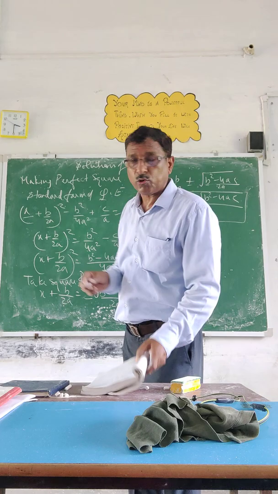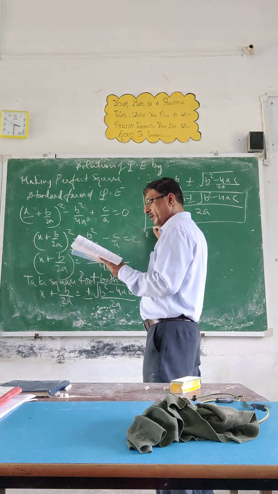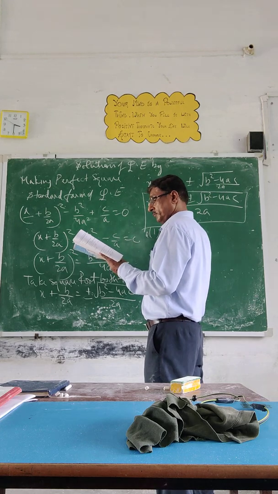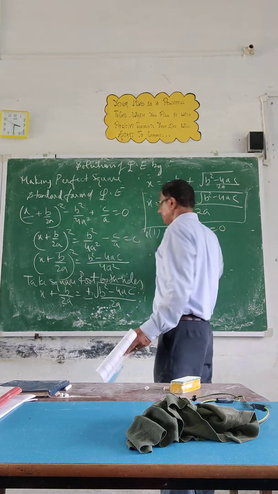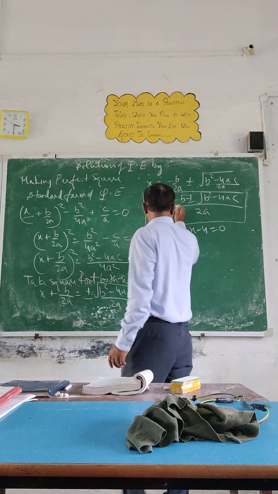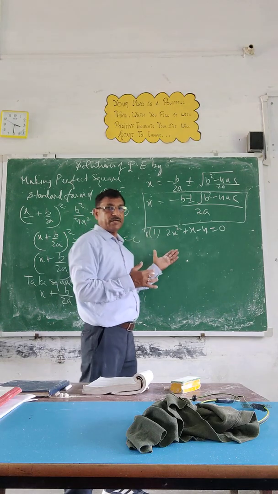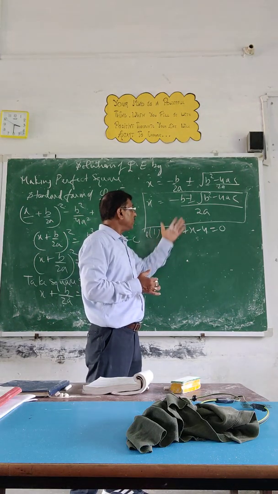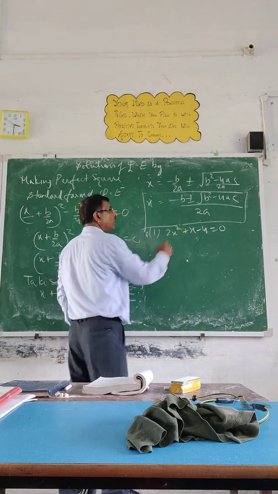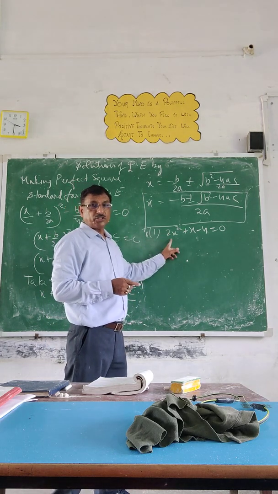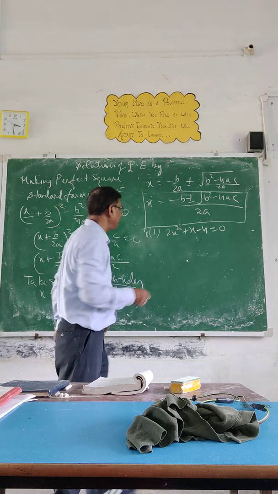Okay. Now see one question on it. See one example. Question number 1. That is 2x square plus x minus 4 equal to 0. Can you see this question? We will try to understand this method on this question. Okay. So first thing, we are not going to make its coefficient 1. We are directly solving. Okay. See how we do it.